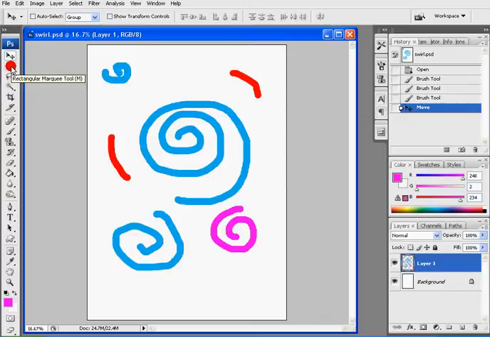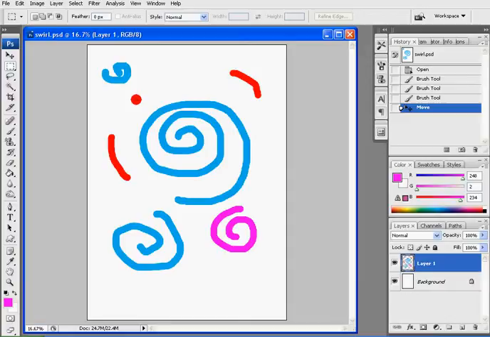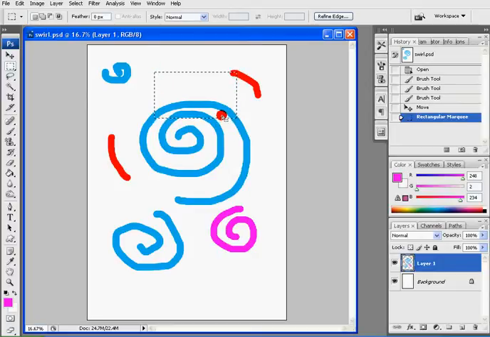So yeah, then the next tool gets a little bit more complicated. It's called the rectangular marquee tool. Now what this does is when you click it and drag it, it actually selects a portion of the form. So these dotted lines which are slowly moving around indicate that everything inside here is what's being selected at this moment. So at the moment you have this space here selected,